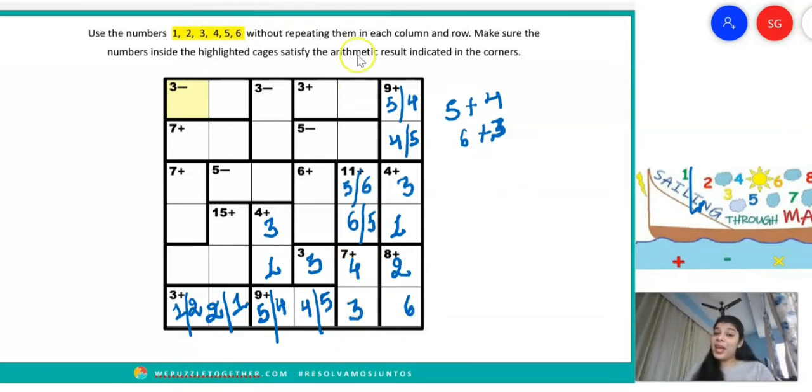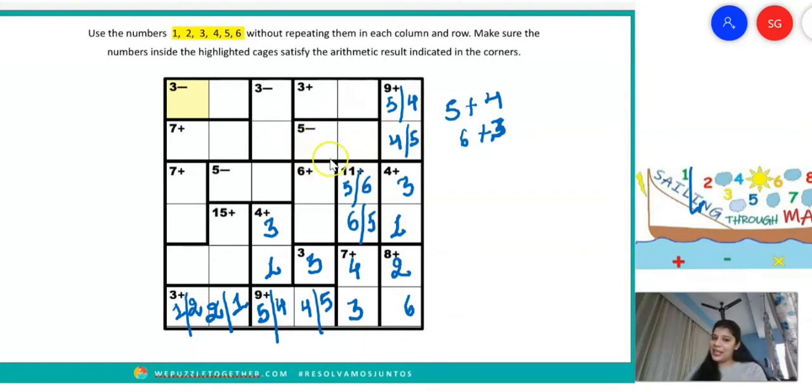Now see, in 5th column, numbers 4, 3, 5 and 6 are already used, right? Because if 5 is going to come here, then 6 is going to come here. Or if 6 is going to come here, then 5 is going to come here. So the numbers 4, 3, 5 and 6 are already used. So the only two numbers which I can mention here are going to be equal to 1 and 2.